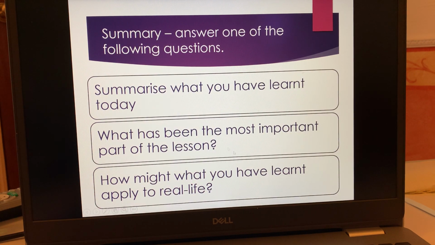You can have a go at answering one of these questions. So this is an interesting one that examiners love if you could put it into your evaluation: how have you applied it to real life? So where could we utilise research on attachment types? What area of society or psychology could we use this?